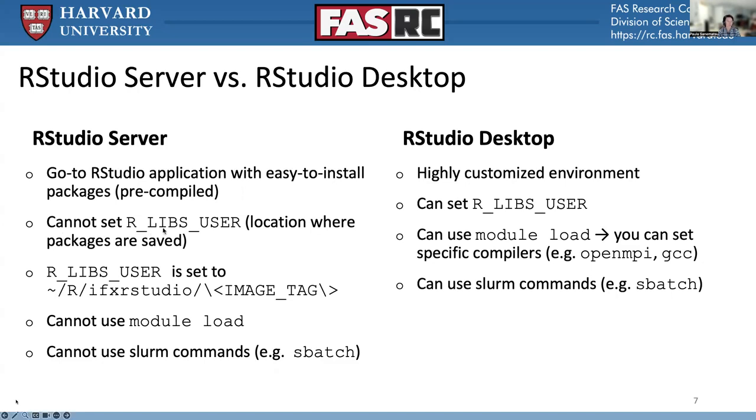You cannot set R_LIBS_USER, that's the location where packages are saved. So we set that for you and you cannot change it. The location is this one: the tilde is for home directory, then our IFX RStudio, and then the image tag. Depending on the version that you choose, it's going to be a different name here. You cannot use the module commands when you're inside RStudio server, and you cannot use Slurm commands like sbatch or